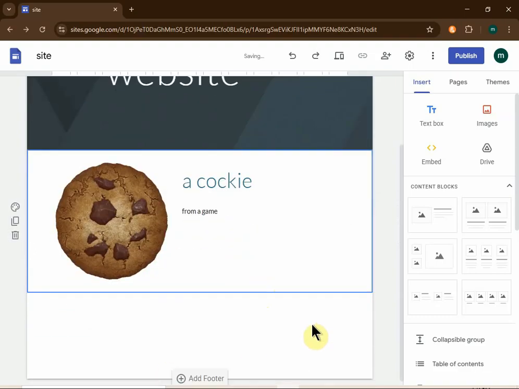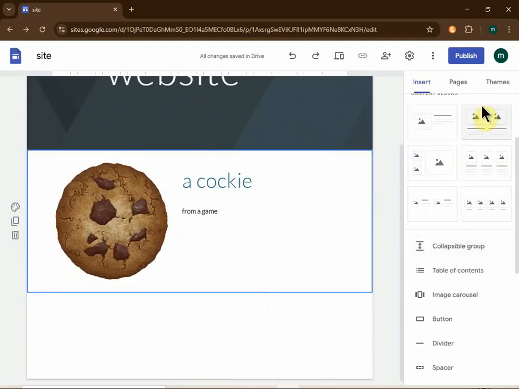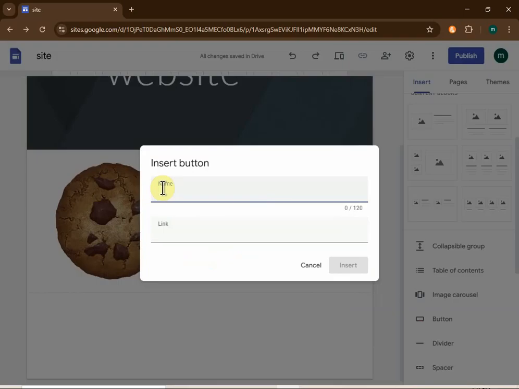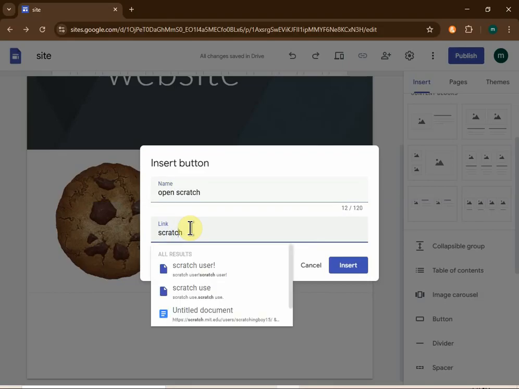Cool. Now let's give it a button. Scratch, or open Scratch. Now the link. Give it a cool link. Oh, I did something wrong. Now